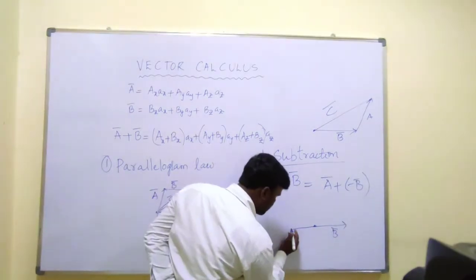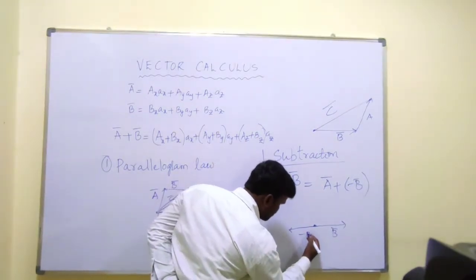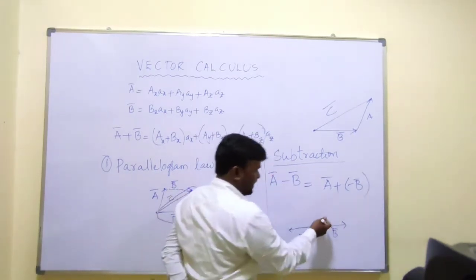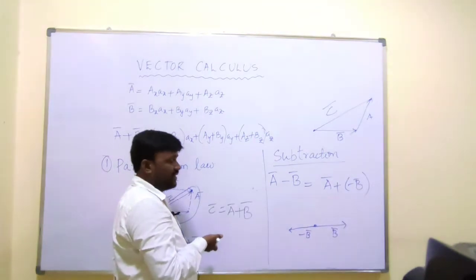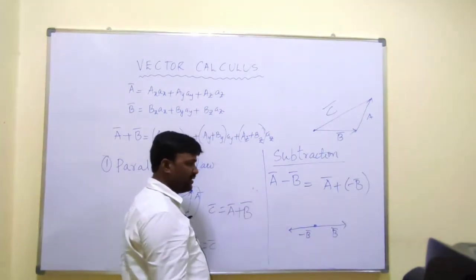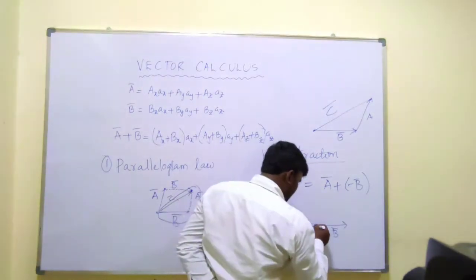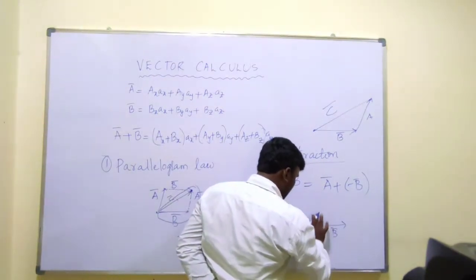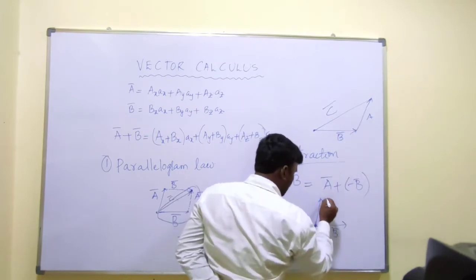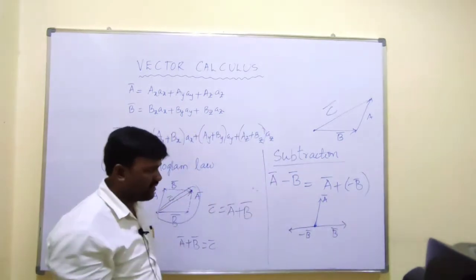Now tell me, what about this one? It is our minus b bar. Taking this as the reference point, positive x direction, let us take negative x direction. So if it is plus b bar, it should be what? Minus b bar. Now I am taking another vector like this, that is a bar. Here, this is b bar and a bar. In order to get the resultant